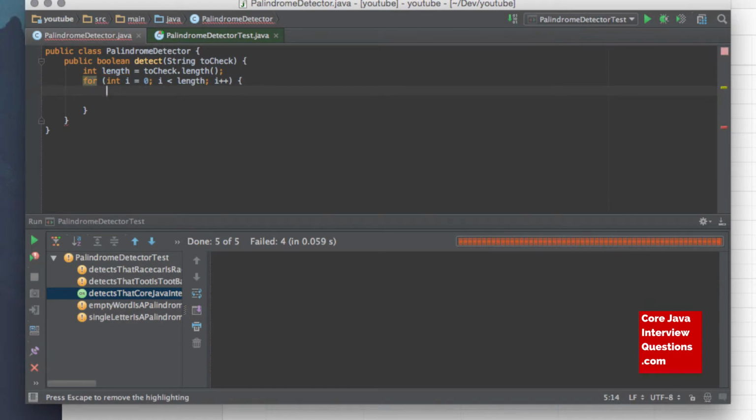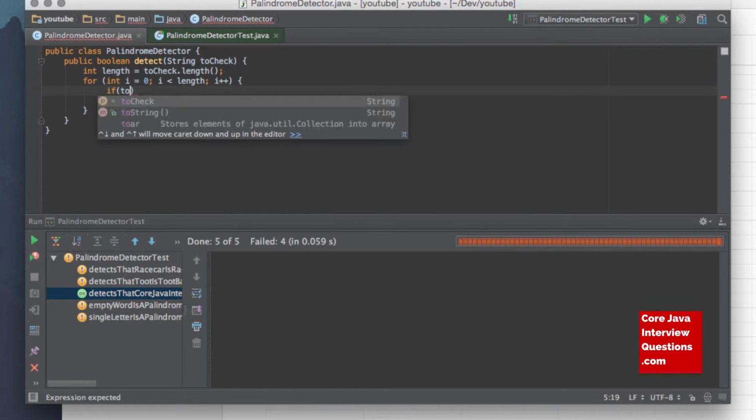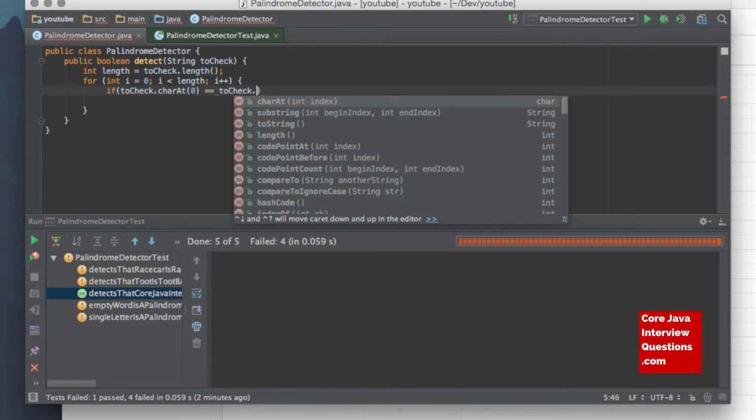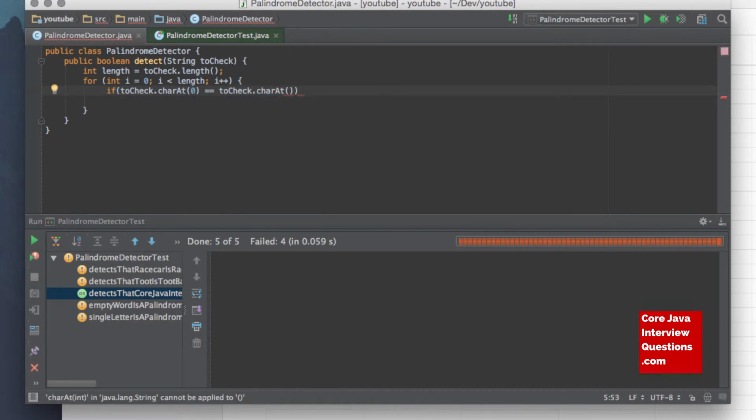So what we want to check then, as we go through, is if the first letter, so if we say check dot char at 0 equals check dot char at length, which we've already gathered, then minus I,